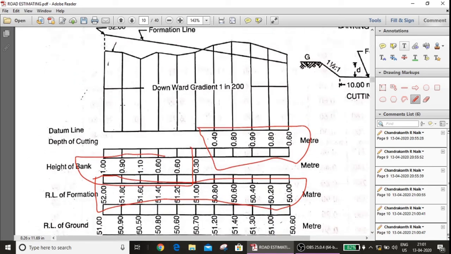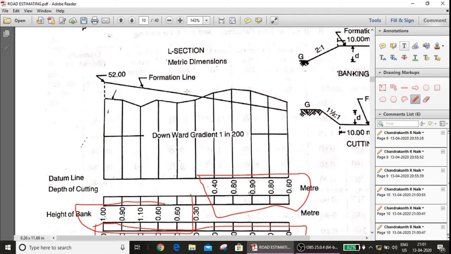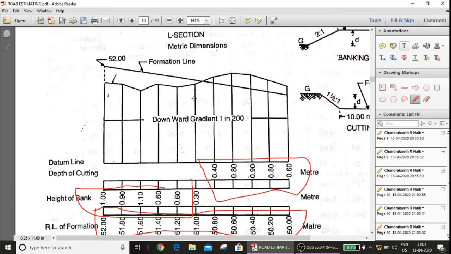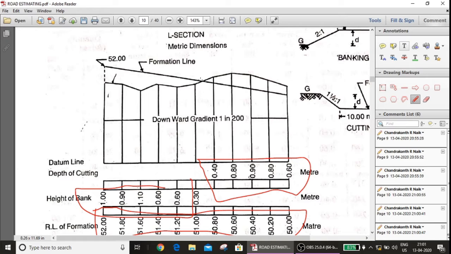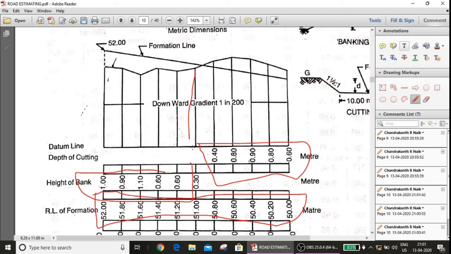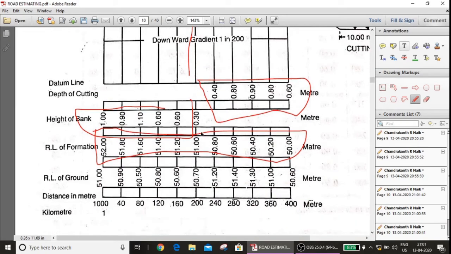So here we are experiencing the formation line, the ground is uneven, so there is partly banking and partly cutting. Both banking and cutting are seen in this problem. So what we have to do is recognize where exactly the cross is going. Here you can see the road passes from banking to cutting in between the station